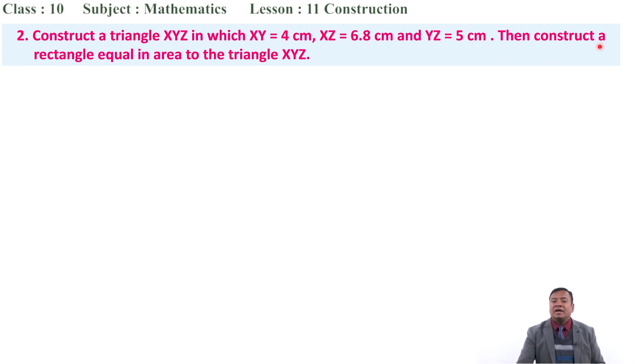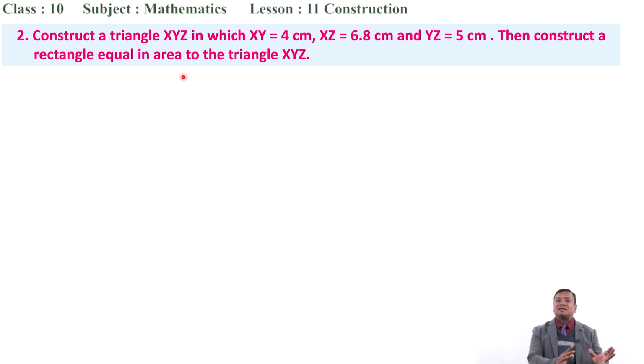Now the next type of problem is, first we have to construct a triangle XYZ here, and then we have to construct a rectangle. Yes, that is, first of all we have to construct a triangle, and after that we have to construct a rectangle whose area is equal to the area of the given triangle. Okay,